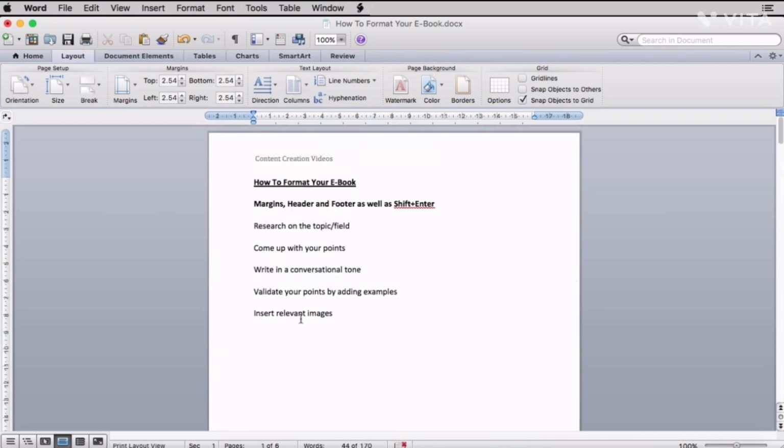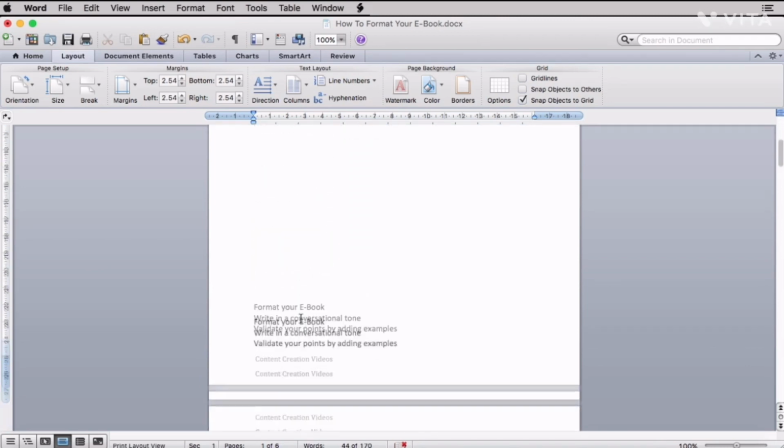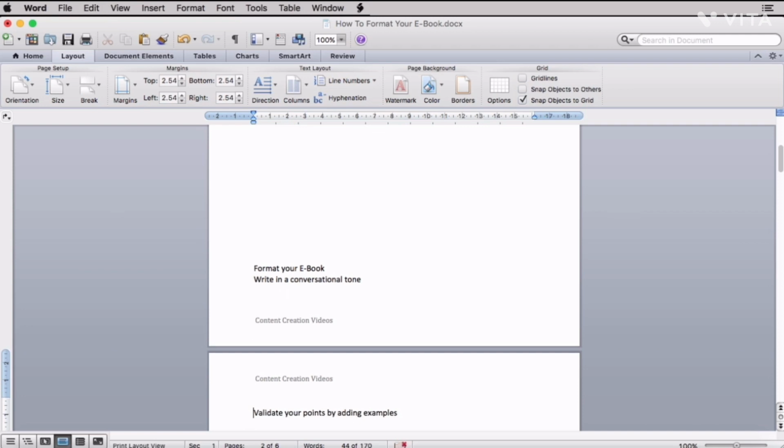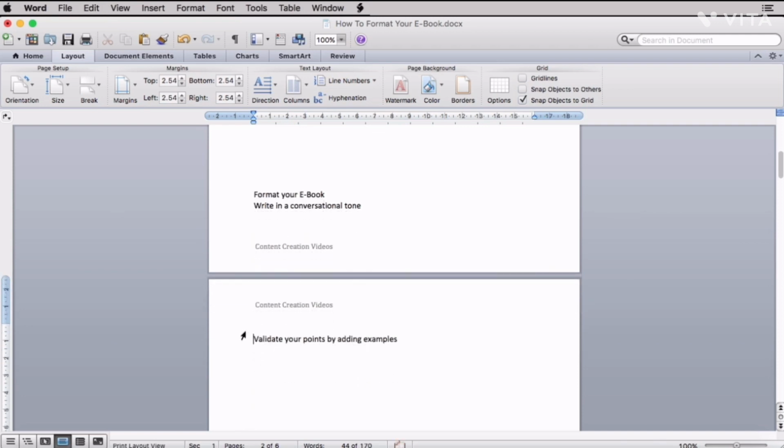Next is the Shift+Enter formula. This formula is important as it enables you to type in a new line and not a new paragraph. Let me illustrate an example for you. I have typed in a short paragraph and have come to the end of the page. I use the Shift+Enter formula, and it enables the content to remain in the same paragraph without adding any unnecessary